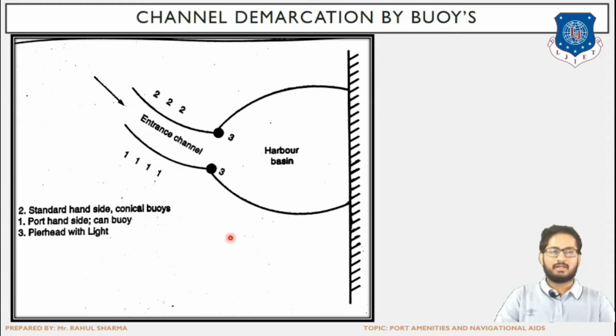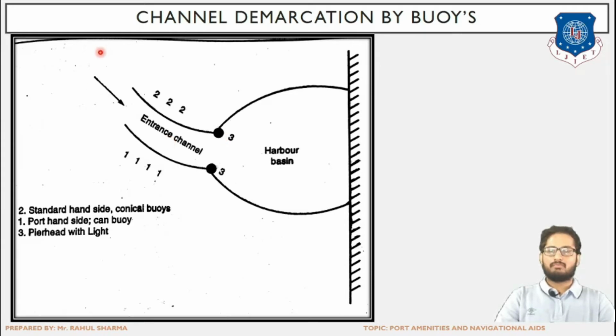This is a figure representing the channel demarcation buoys. The labels that are even numbered, shown by number 2, and odd numbers, shown by number 1, are the specific points where the buoys will be placed, and label 3 is the pier. In this figure, first of all, this is the shoreline. This black thick line on the circumference is the breakwater. Label 3 is the pier head. Pier head we have already studied in chapter number 2, in connection with the breakwater, and it is specifically located at the entrance point to the harbor.